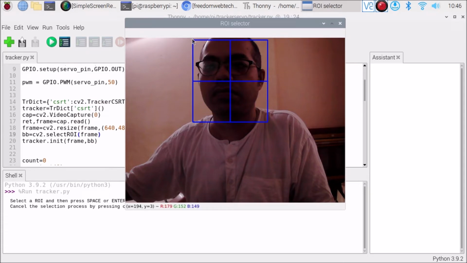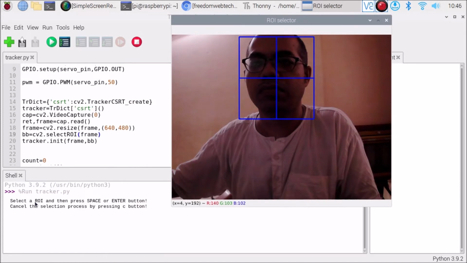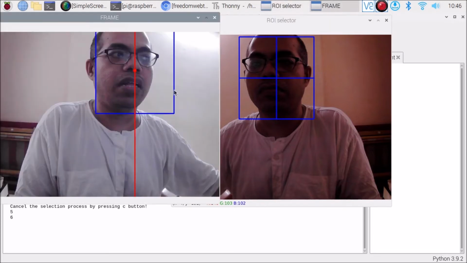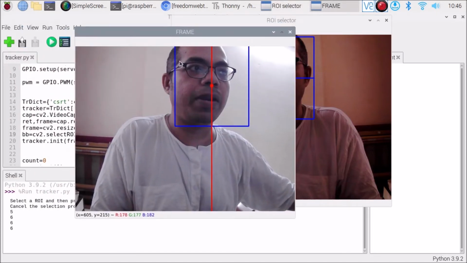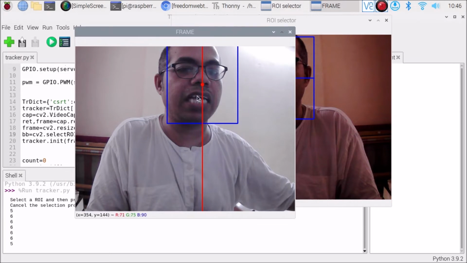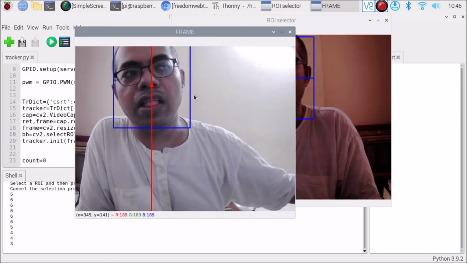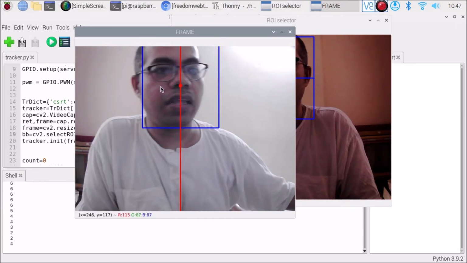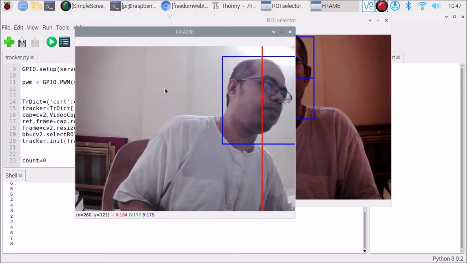You need to simply press the mouse button and select the ROI, meaning select the object, and just hit enter. As you can see here, it says select ROI and then press space or enter button. So if I select the ROI, and now if I press the enter button, it's selecting my face as an object. If I move here, as you can see, it's tracking my face.